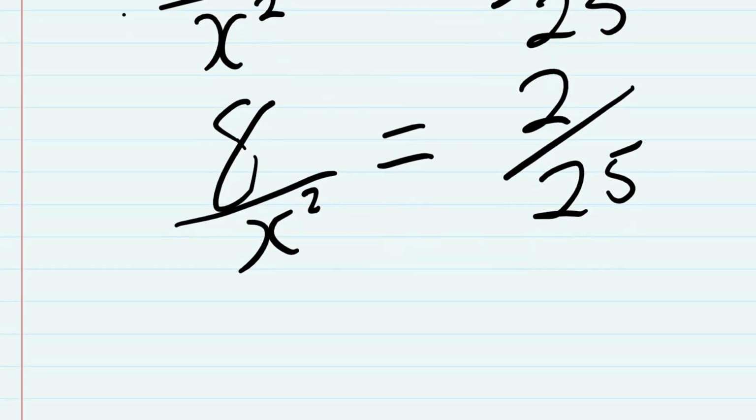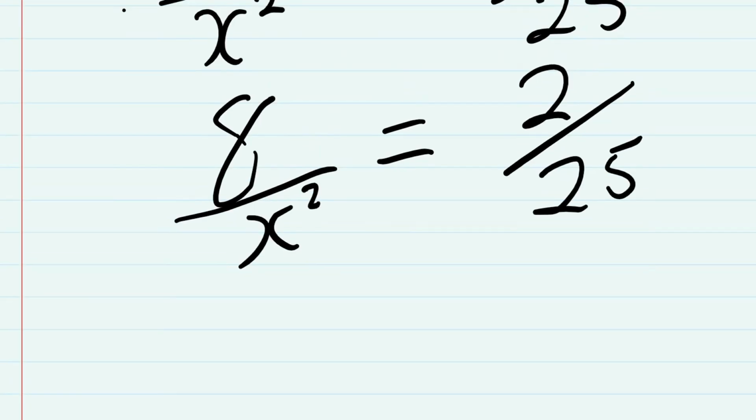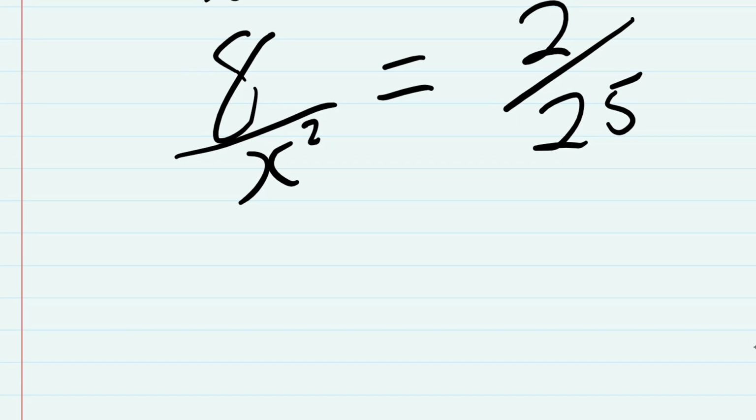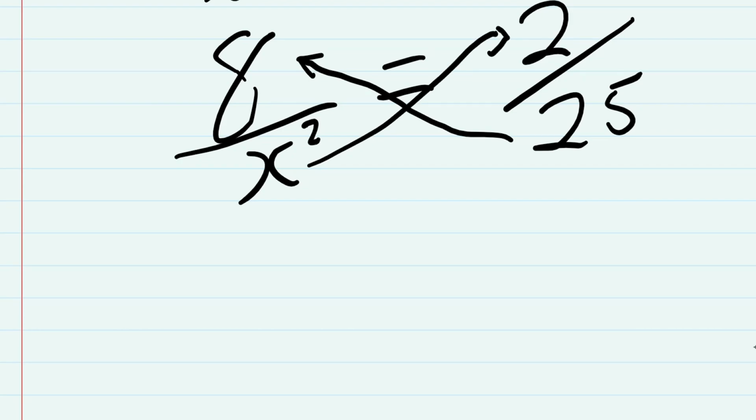So right here, what we're going to do is cross multiply. Cross multiply in the sense that 25 is going to multiply 8 and x squared is going to multiply 2,